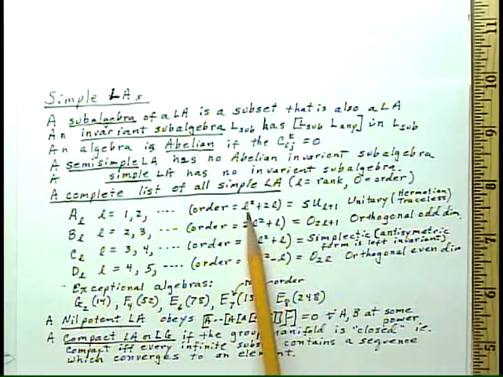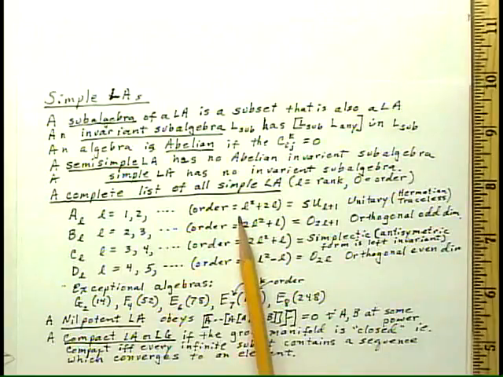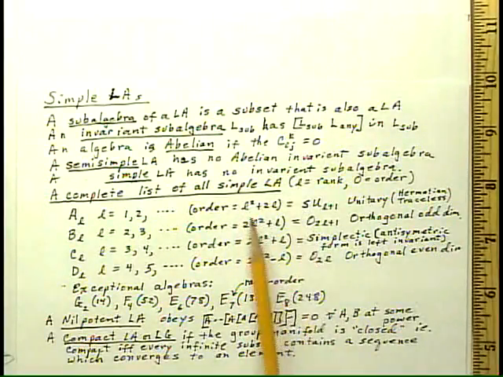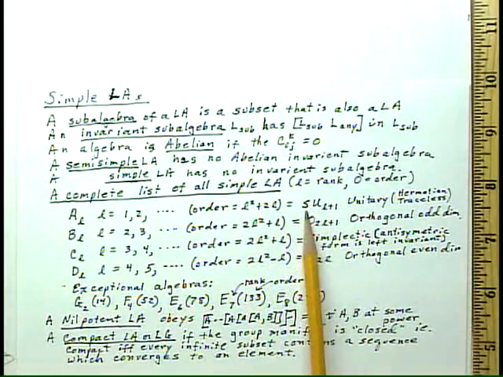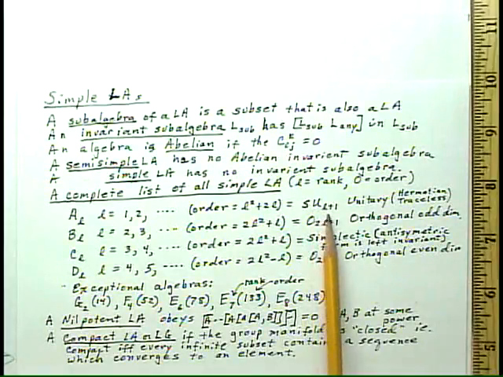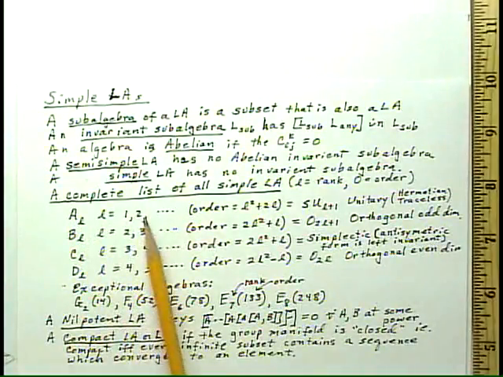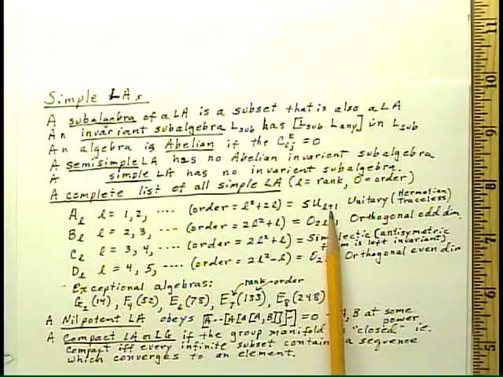And remember that the order of the algebra is the number of basis elements that we have, and the rank of the algebra is given by the number of commuting elements. So the order is given by L squared plus 2L, and these are the special unitary matrices in 2 dimensions. For L=2, we would have SU(3),